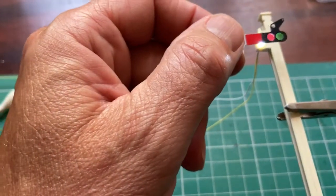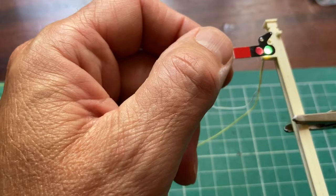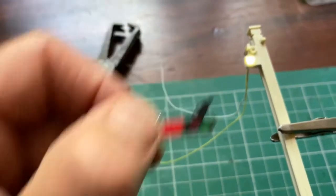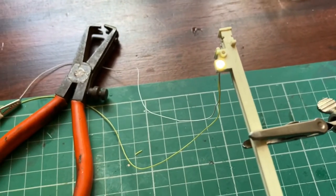because the plastic sheeting I've used colour-wise is not particularly strong. So I might try just adding a bit of felt tip pen over this to try and deepen that. You can't really see that because the light's too bright. So if I turn that off,